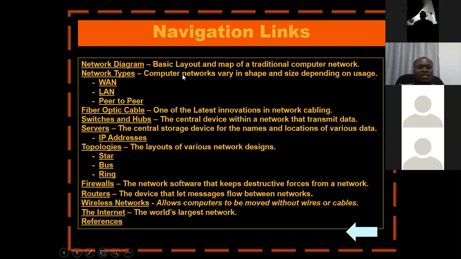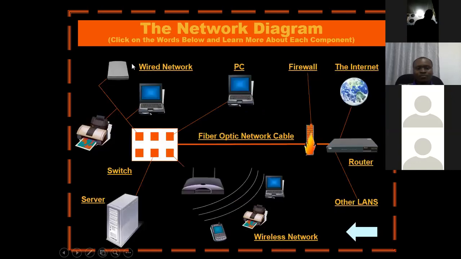Now let's look at a network diagram. This is actually a traditional way most networks are designed. Networks can either be wired, wireless, or connected by any other means. Now, this is just the basic shape or the basic diagram of most networks. I said before that the aim of every network is to share resources,